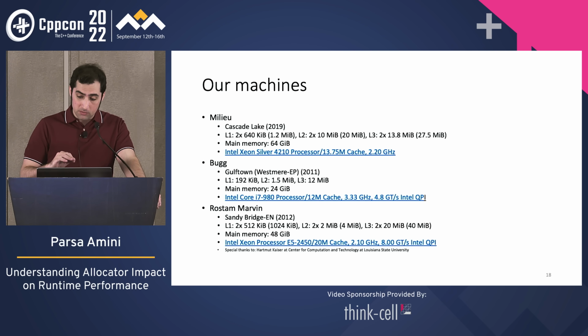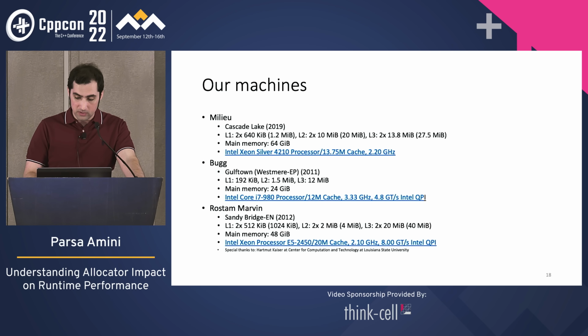These are the machines that we use for our experimenting. The first one, Milieu, is our primary performance measurement environment. We've specifically designated it for performance measurements. It's a quiet machine that gives us more precise measurements. And the graphs that you will soon see in this presentation are all results from runs on this machine. We also use 2 more